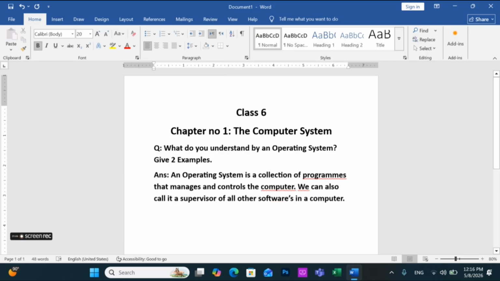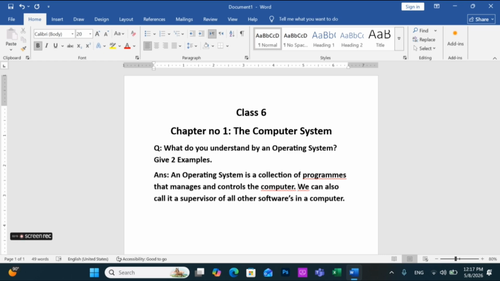Okay, so what is an operating system? An operating system is a collection of programs that manages and controls the computer. We can also call it the supervisor of all other software in a computer. For example, you can understand the operating system with the help of your classroom. There are a lot of students in the classroom, so take each student as a program. So in the classroom there are a lot of students, meaning there are a lot of programs in the classroom,